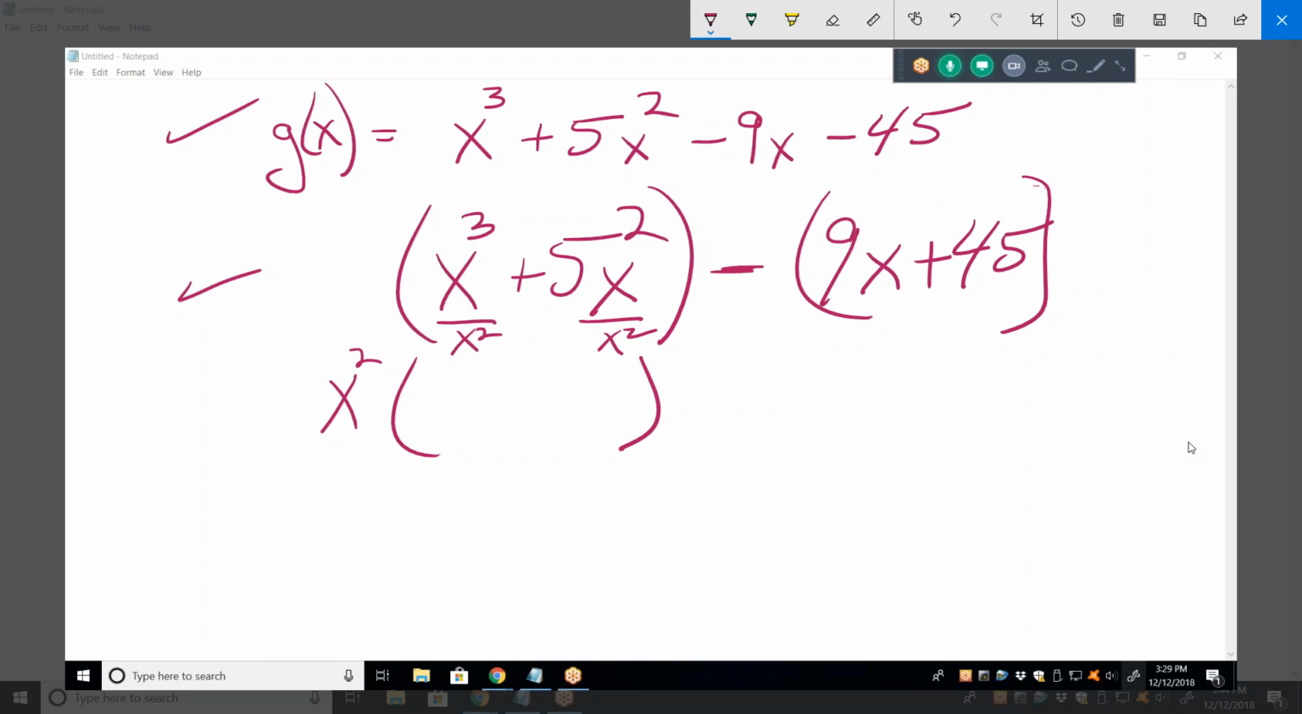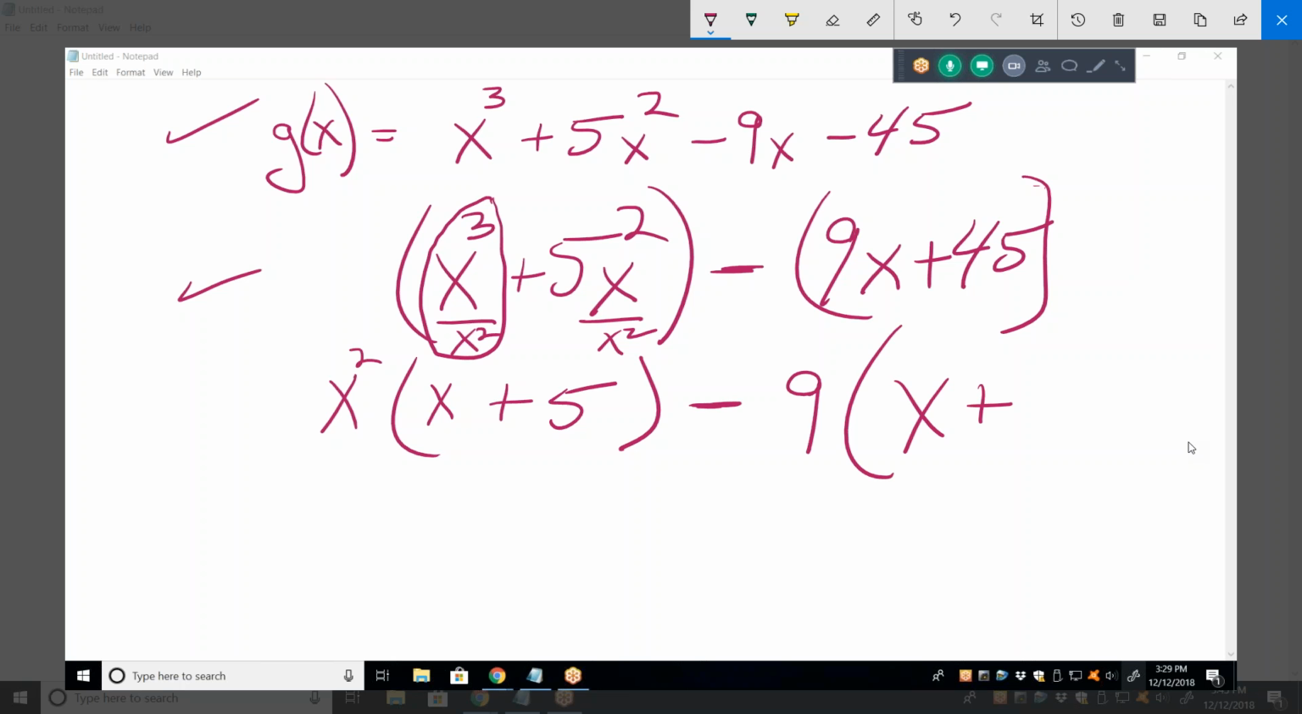I'm not sure what would happen when you divide x cubed by x squared, but I do know that it would be plus 5. Subtract the exponents when you're doing division. Okay, so just x plus 5. Now do the same thing over here. 9. So it would be x